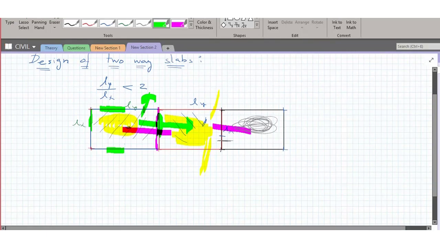It has stopped. Is this clear? Yes, sir. Okay, so this is what I'll be making, entire possible cases, because I need to refer to the respective clause from which you can compute this Mx and My. It's very important. If it is becoming intermediate support, because this beam is becoming intermediate support in the slab, it is expected that you're going to get negative moment, and that has been taken care of in the code also. Because I cannot apply plate theory depending upon these boundary conditions, I'll start solving those differential equations. It will take a lot of time. So you do not have that much of time.